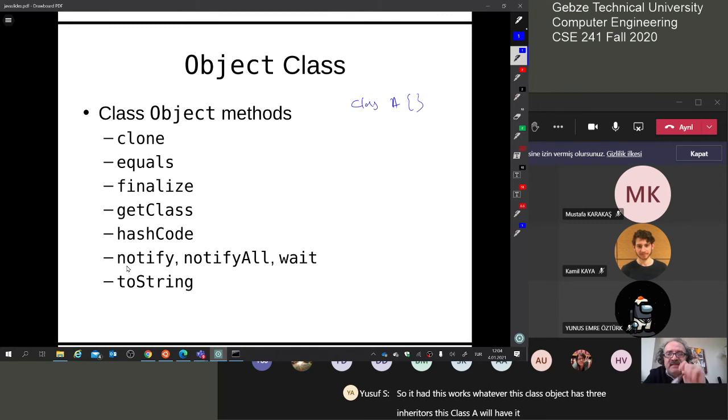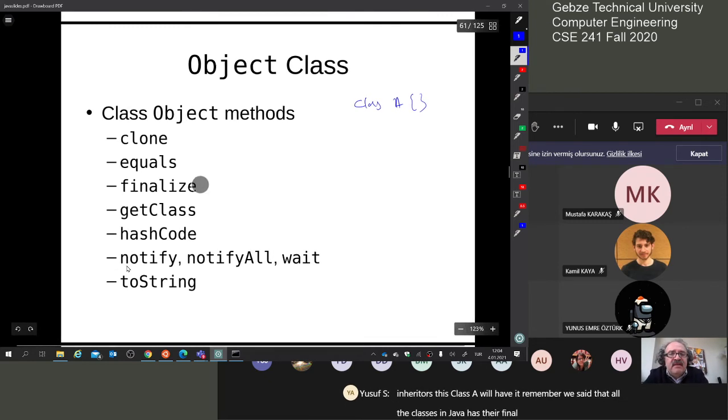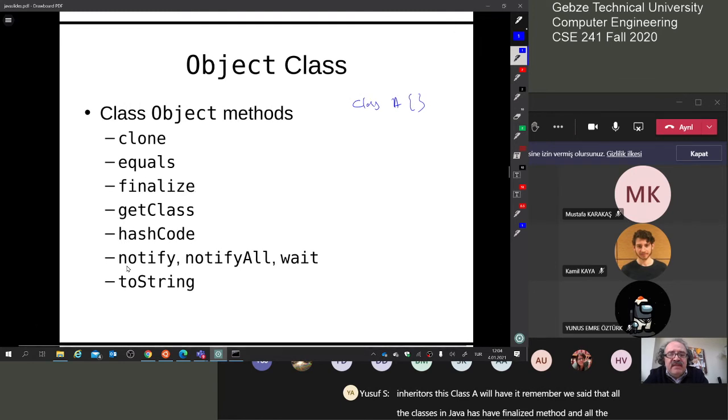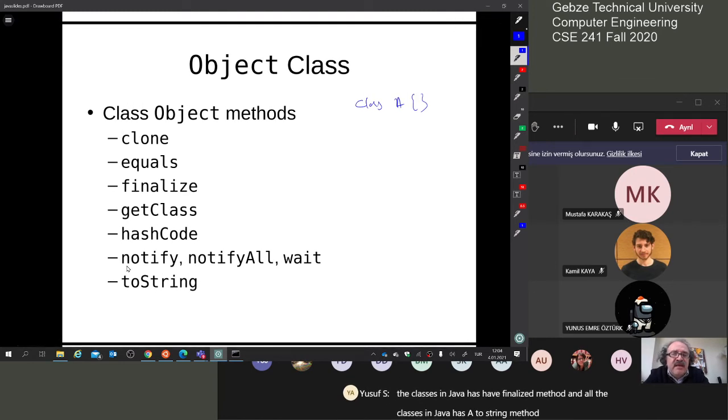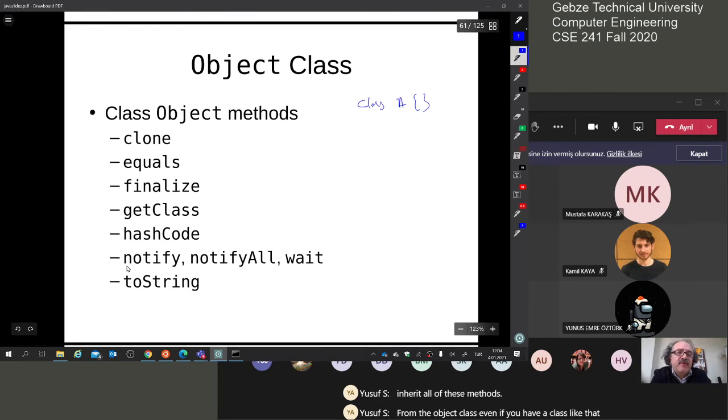Remember we said that all the classes in Java have a finalize method, and all the classes in Java have a toString method. That's why they have it, okay? Because in the Object class, you have all these methods available. So whatever you do, you are going to inherit all of these methods from the Object class. Even if you have a class like that, it will have all these methods implemented for you because of